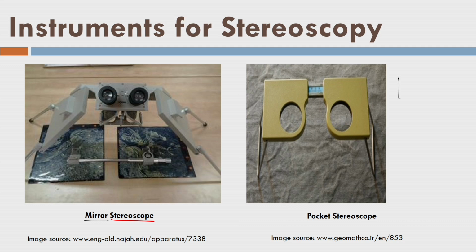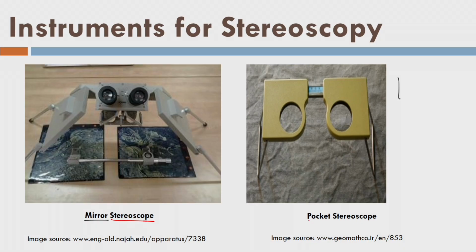In the field, the mirror stereoscope is difficult to carry, although sometimes people carry it if work is intense. But in the field, you want to have a relief idea of how the terrain is varying in 3D. So you use a pocket stereoscope, which is only a few grams, 50 grams, even less than that. The mirror stereoscope is a little heavy, around 1 kg or so. So you carry the pocket stereoscope in the field, take two photographs, see how the terrain is varying, and take some decisions in the field. That is the instrument used for stereoscopy. Remember that you have to align two photographs in such a way that their flight lines are along a straight line, and that comes by trial and error, by experience.